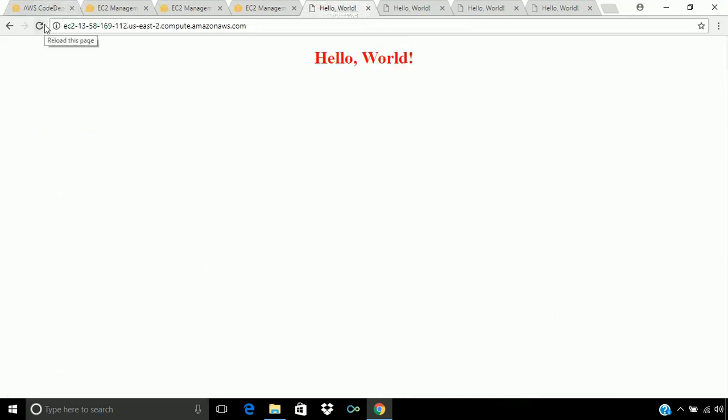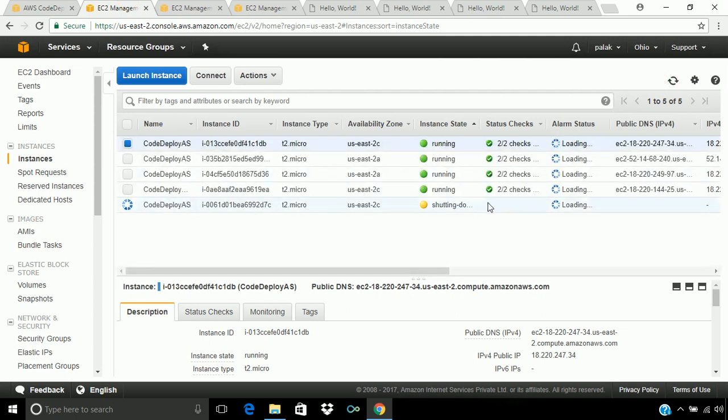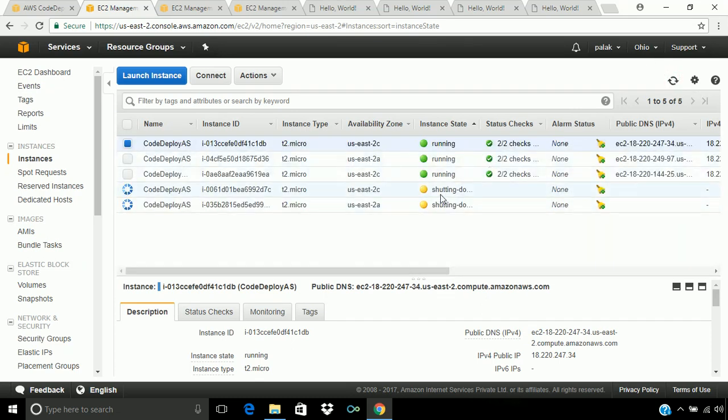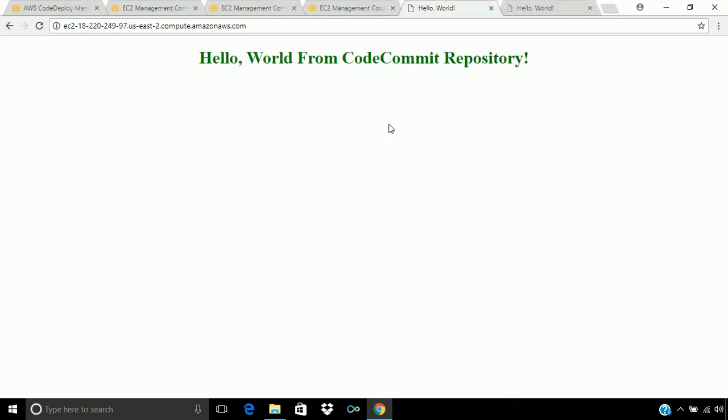If we look at this, it will not be available in a few seconds because those two instances will be terminated. Here we can see one instance has started shutting down, the other one will also follow in a few seconds. The second has also started shutting down. So these two applications have been closed, and now the recent one is this.